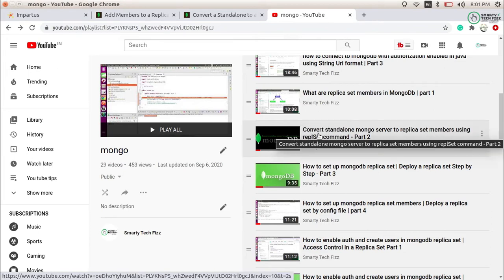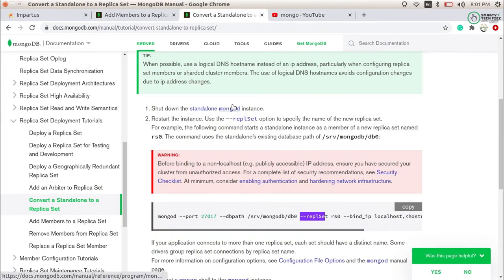But what if you want to convert your MongoDB to a replica set member by a configuration file? Or you can ask me, what if you want to add one more member to a replica set? Let's say you already have 2 or 3 members in your replica set group, and you want one more member in that group.